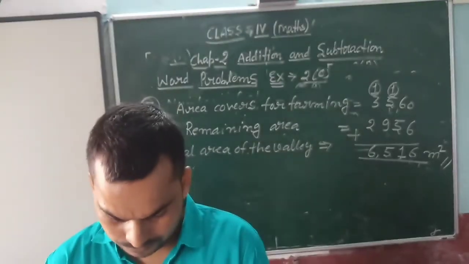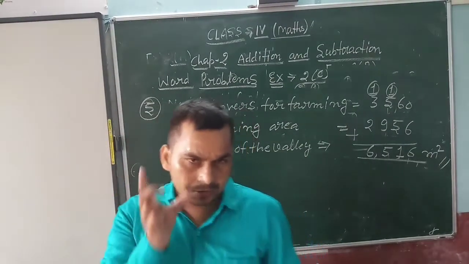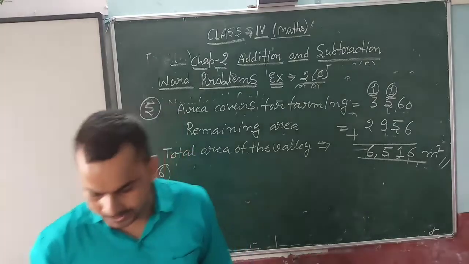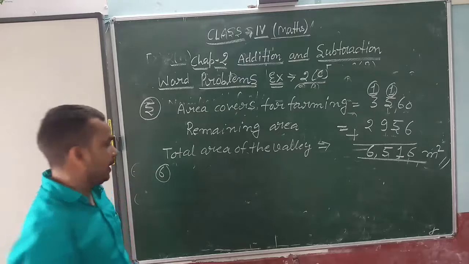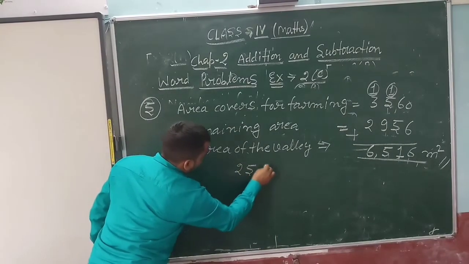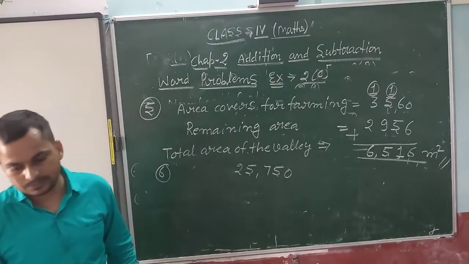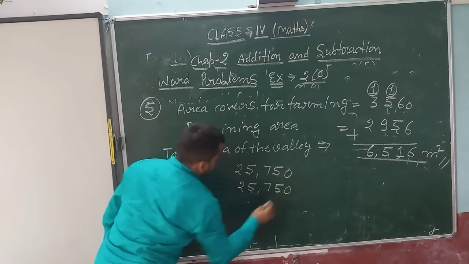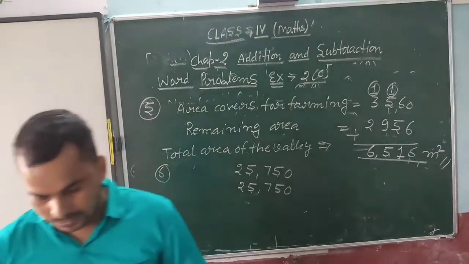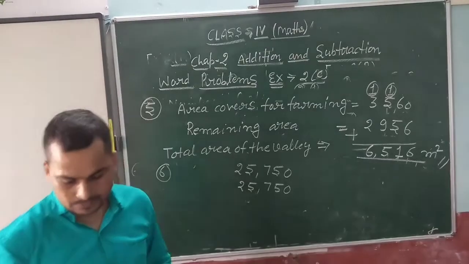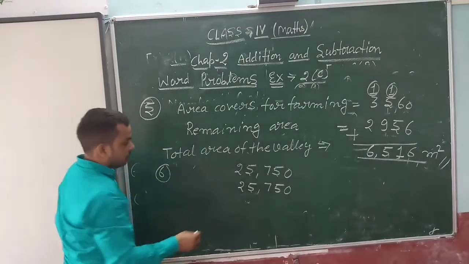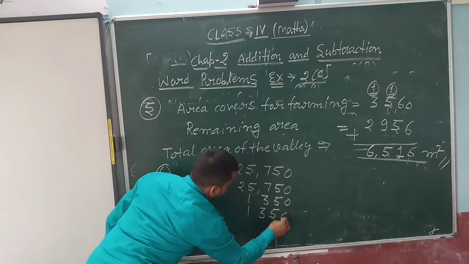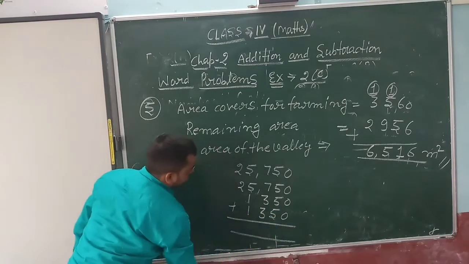So we have to add the given values. Each has 25,750, and each of them has a gift voucher of 1,350. So when we add 0,